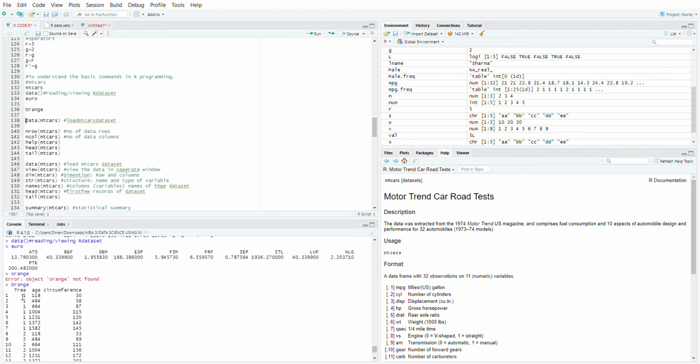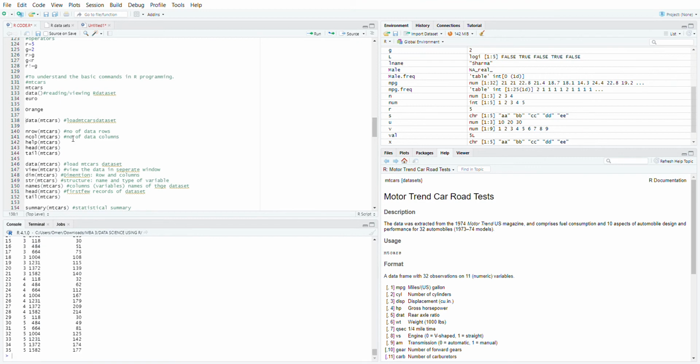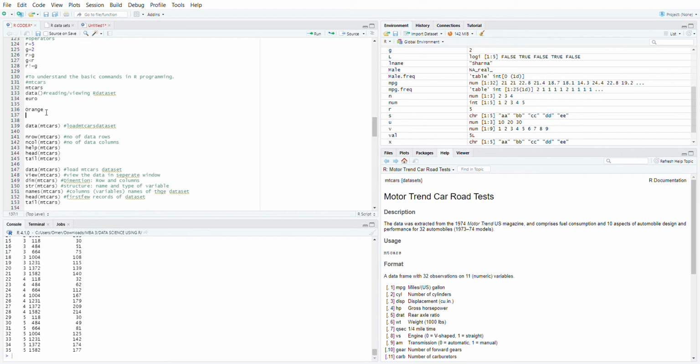So here you see that there are orange trees given, their ages and their circumference. Like from the circumference of their stem, the ages are dependent. Like which has the greater circumference will have the greater age. So you can also view the data, view the orange data set by using the function view